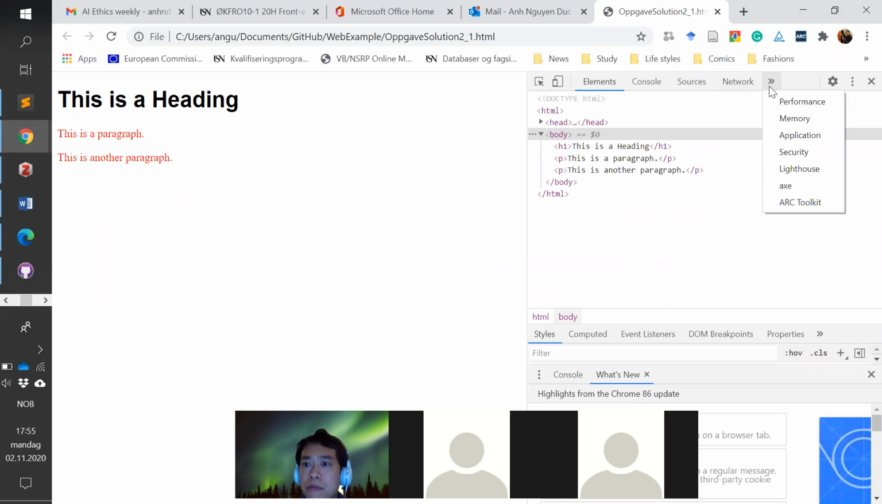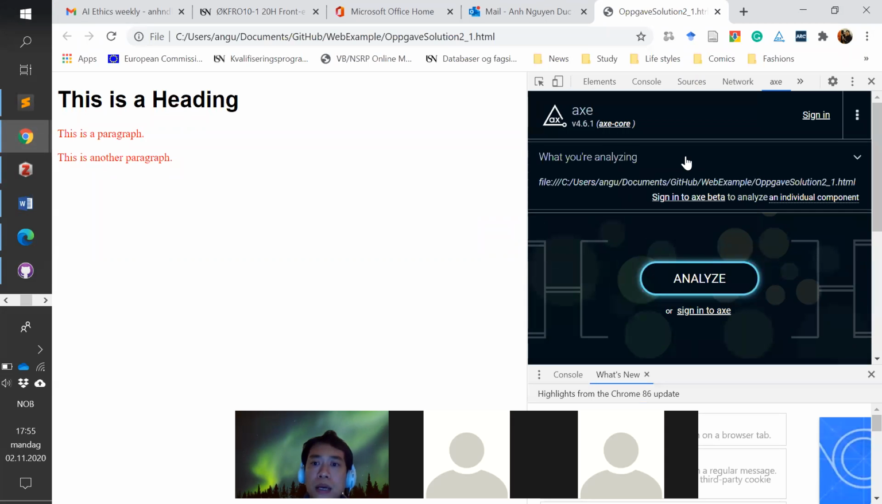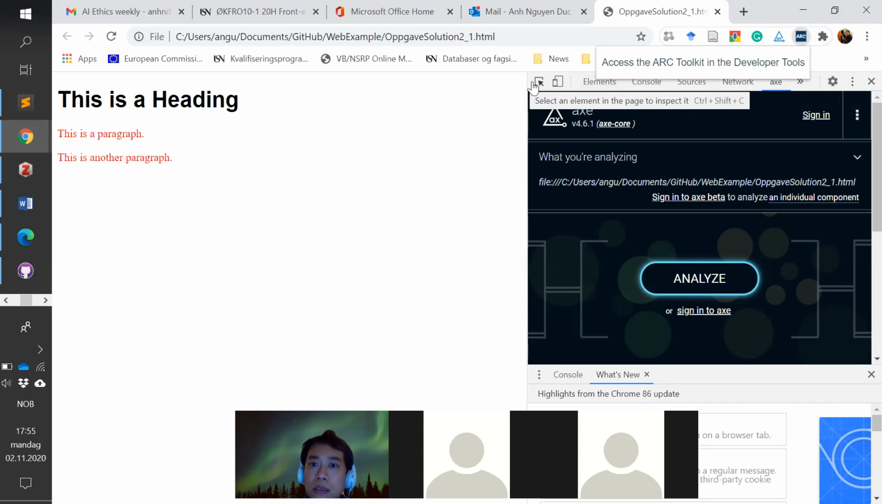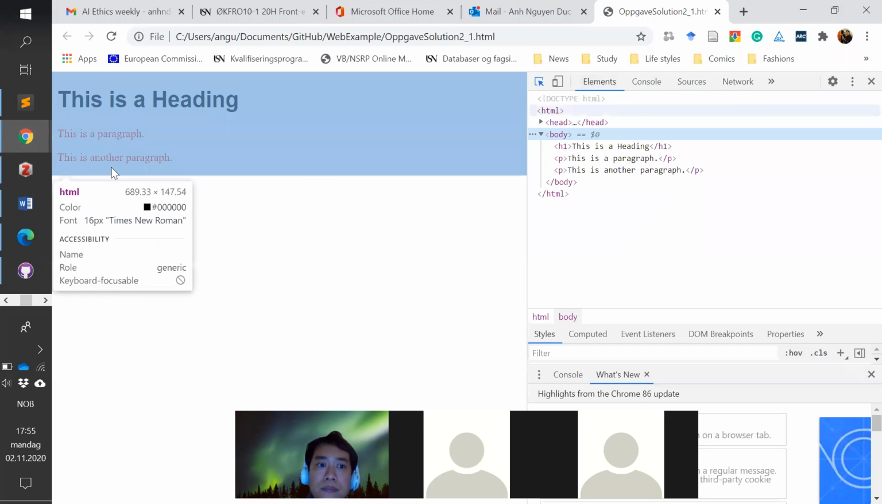And here I installed before a plugin, for example, ACE. That's one tool to help analyze the accessibility level of the website. And also a plugin that is already integrated. So if I only see here,